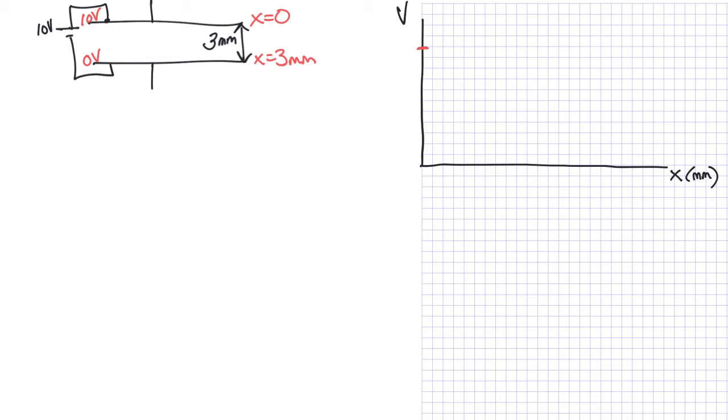So here's 10 volts, and then let's make that 1, 2, 3, okay? So at X equals 0, it is 10 volts, and at X equals 3 millimeters, it is 0 volts. What does it look like in between? Well, it's a parallel plate capacitor. It's constant, and the slope of that,